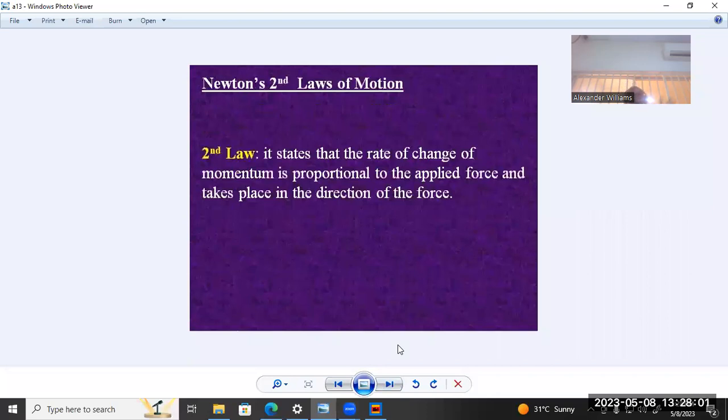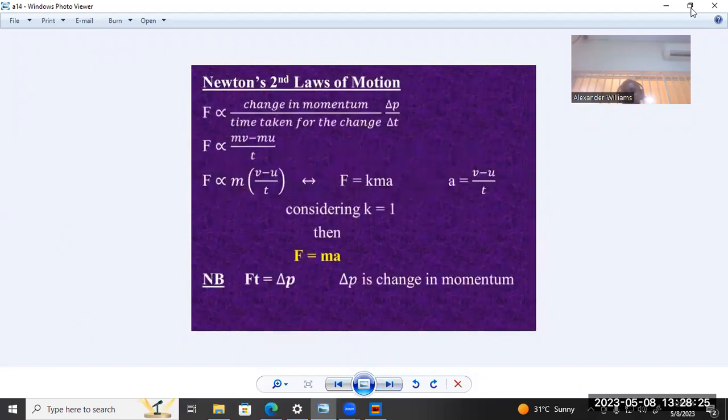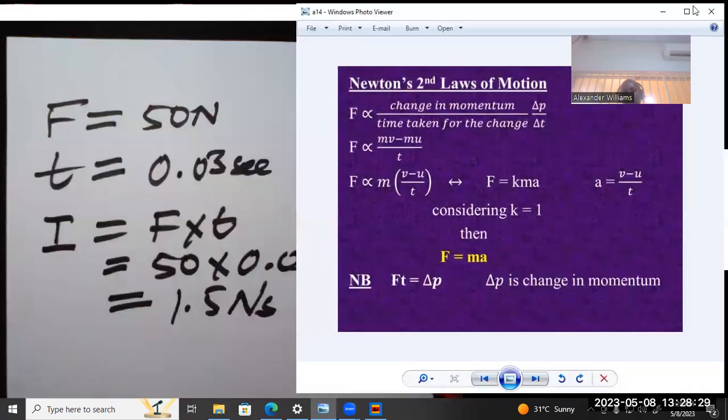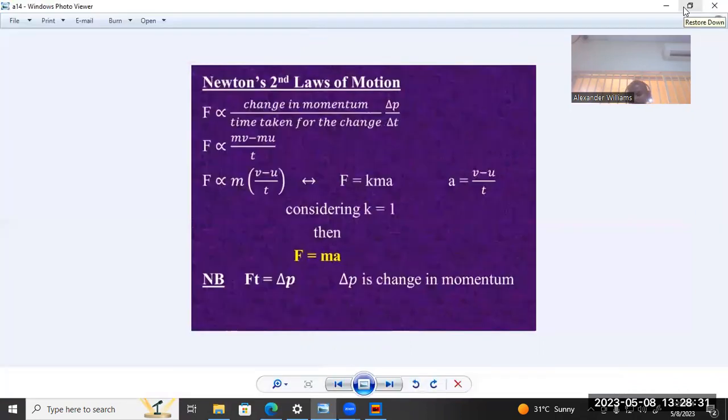Let's consider Newton's second law. Newton's second law states that the rate of change of momentum is proportional to the applied force and takes place in the direction of the force. Kevin, do you understand that? The derivation of Newton's second law enables us